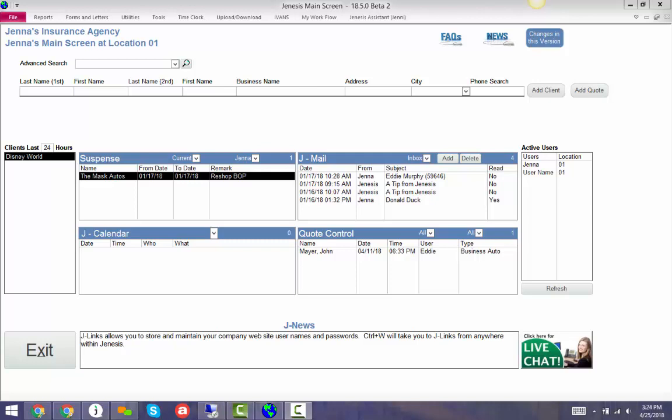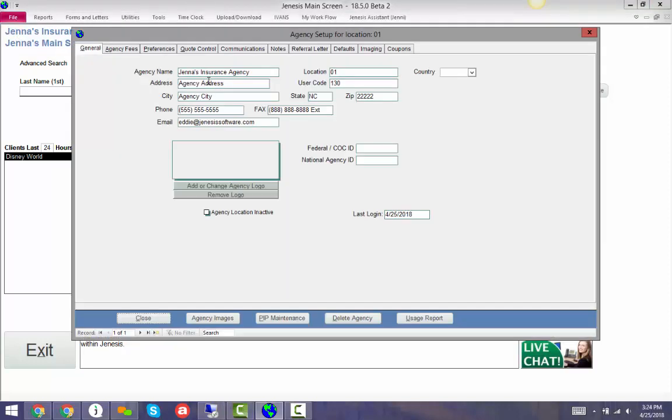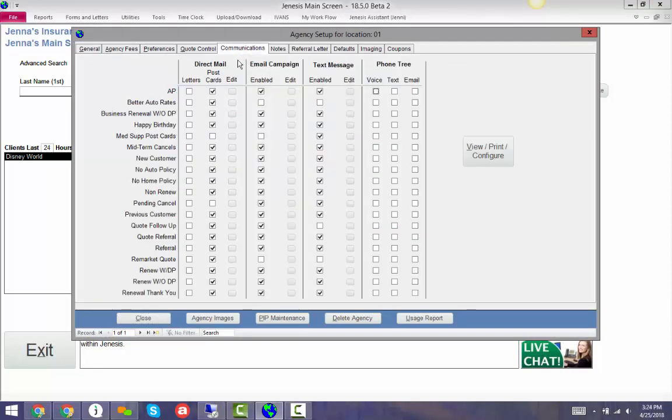So the first feature that I would like to show you is our automatic communication campaign. So I'm going to go to the top here to Utilities and Agency Setup and my Communications tab. So all of this is included with the purchase of the system. So this is just allowing me to set up different communication methods that I want sent to my prospects and my current customers. So Genesis will actually automatically email and or text message your prospects and your current customers for